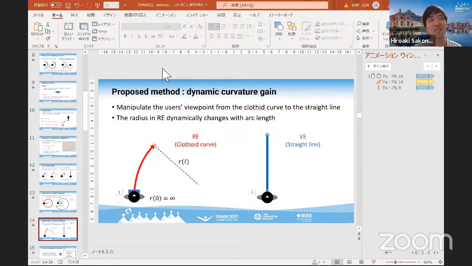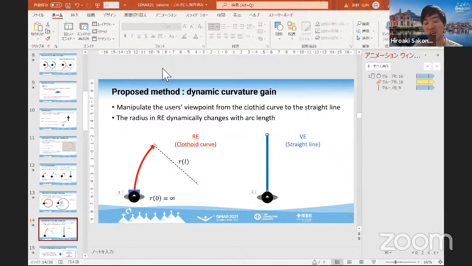If the user walks along the path, the radius gradually becomes smaller, like 100 meters, 50, 20, 10 meters, like that. So the users can see the walking path and walk on the path,